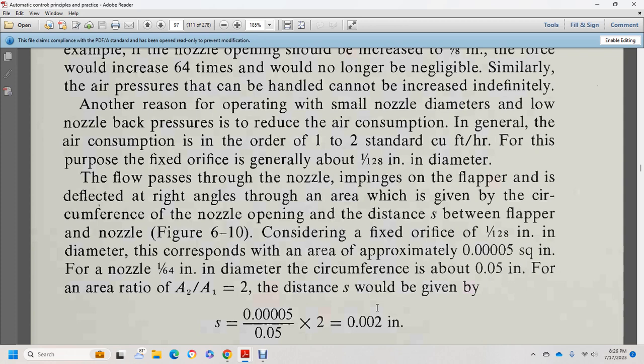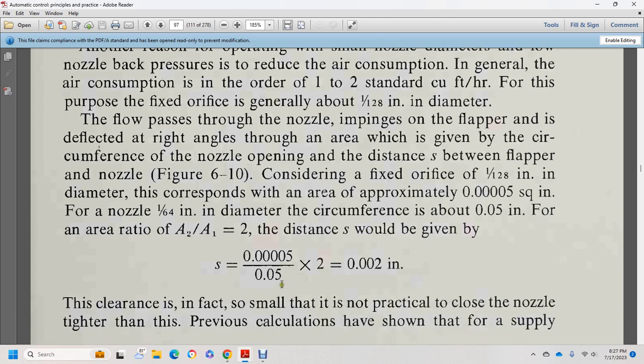through the area given between the circumference of the nozzle opening and the distance S between the flapper and the nozzle, figure 6.10. Considering the fixed orifice of 1/128 of an inch diameter, the corresponding area is approximately 0.0005 square inches. For a nozzle of 1/64 of an inch diameter, the circumference is 5/100ths of an inch, and for the area ratio of A2 over A1 equal to 2, the distance S would be given as